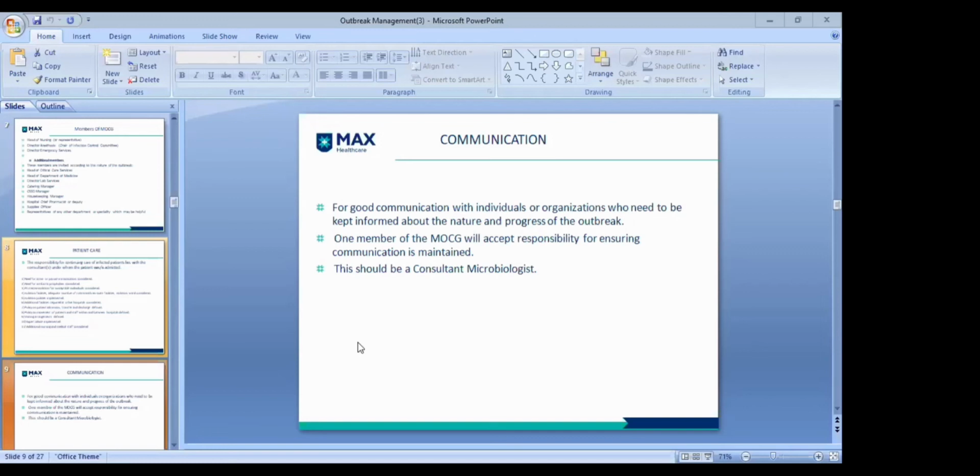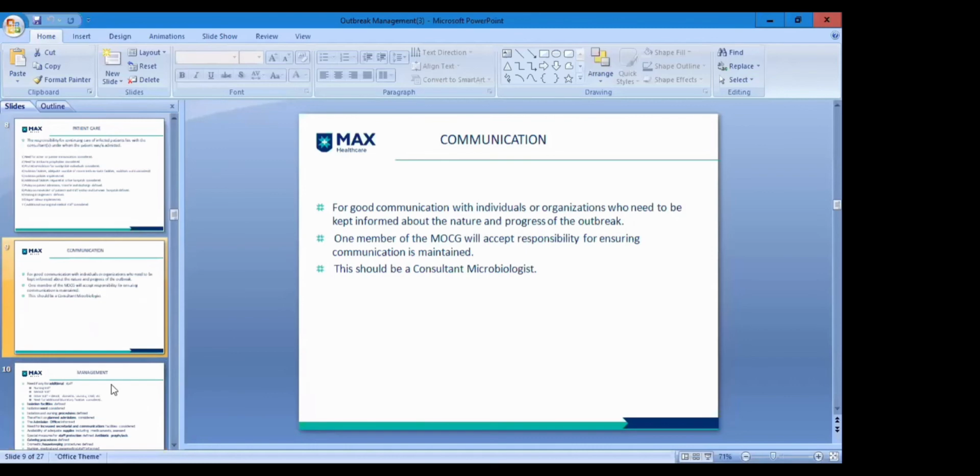Then a member of the management usually accepts the responsibility of ensuring what communication goes outside the hospital. This was also monitored, because a lot of things were happening in that area. Even doctors were beaten in some cases. We all remember in the second wave, because patients' beds were not available. So the communication needs to be very strong in that case. What is the situation that needs to be explained? And usually if a disease is declared, a consultant microbiologist would communicate to the higher management, and then they would further manage it.